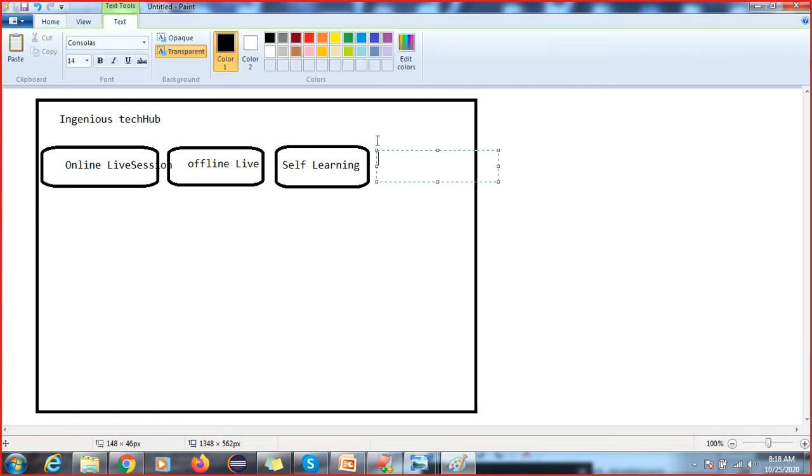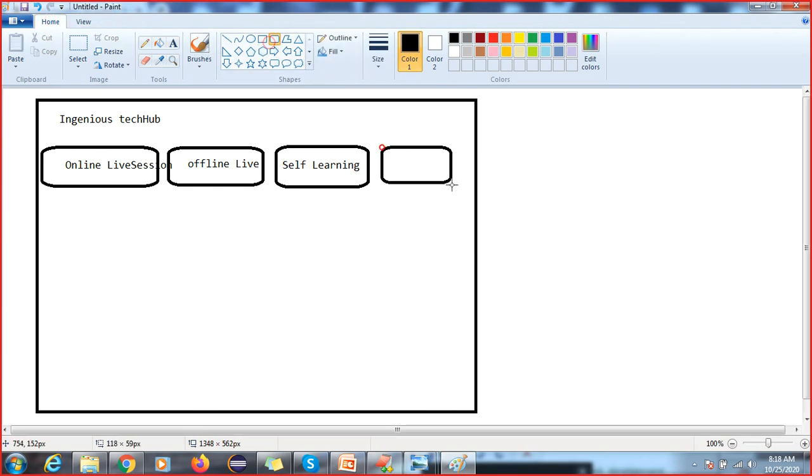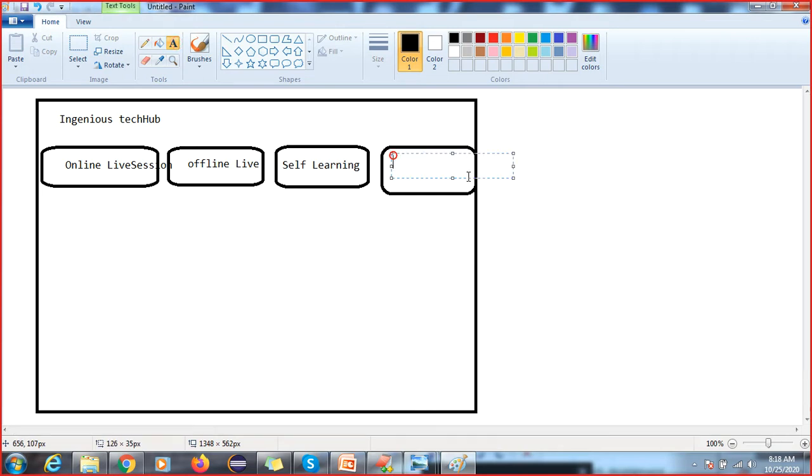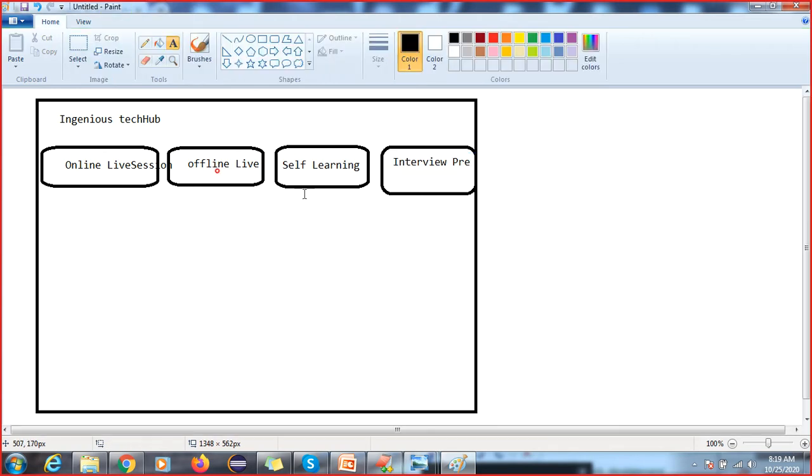So here is another requirement, and this is your feature, only for interview preparation. So this is your real time object, right? Everything is a real time object. This requirement I want to implement.